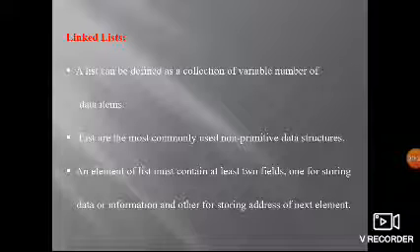So what is a queue? Once again, a queue is an ordered collection of items in which insertion and deletion of elements can be done from two different ends called the rear end and the front end. Insertion of elements is done from the rear end and deletion of elements is done from the front end. It works based on first in, first out, and based on that it performs the operations.